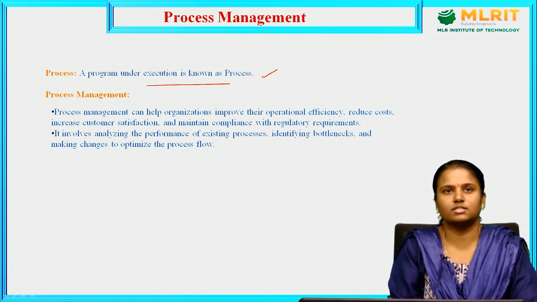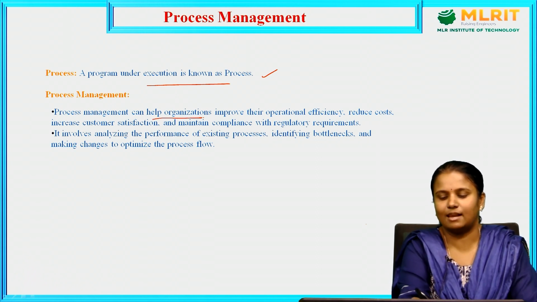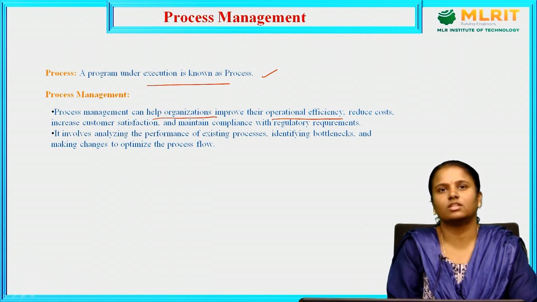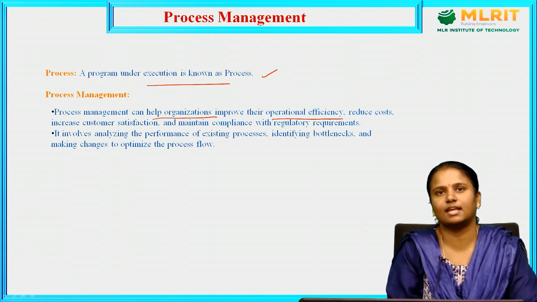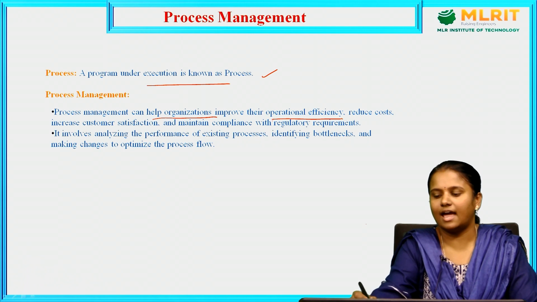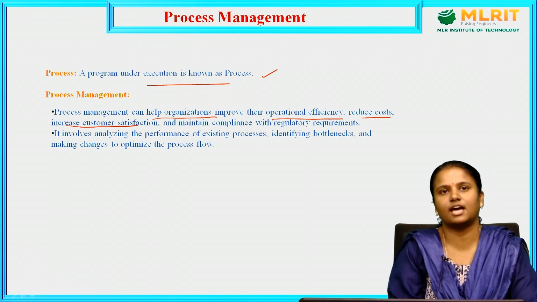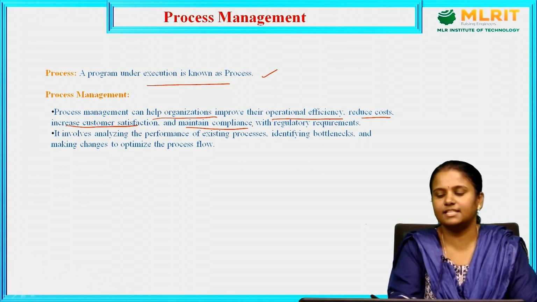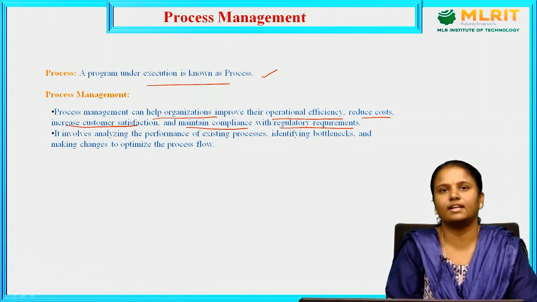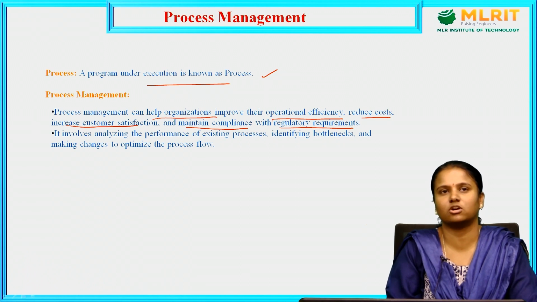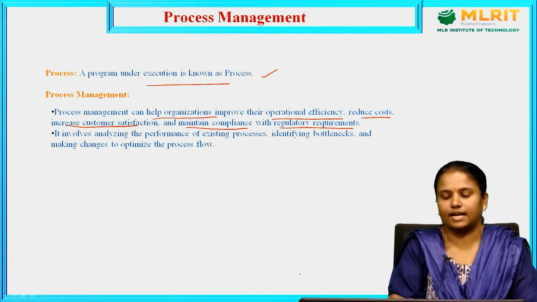Next, what is process management? Process management can help organizations improve their operational efficiency. They can improve their operations effectively and reduce costs. Next, increase customer satisfaction. Whatever they provide, they can increase their customer satisfaction and maintain compliance with regulatory requirements. Whatever requirements are given by the customer can be met. That is how we manage products or processes according to their compliance with